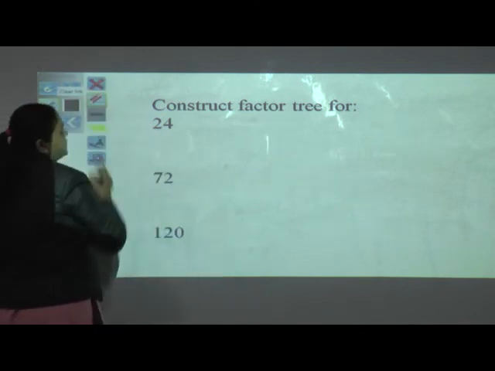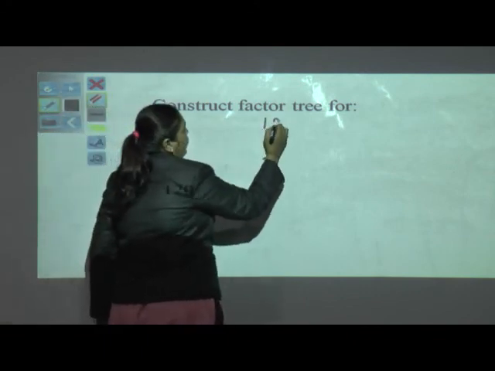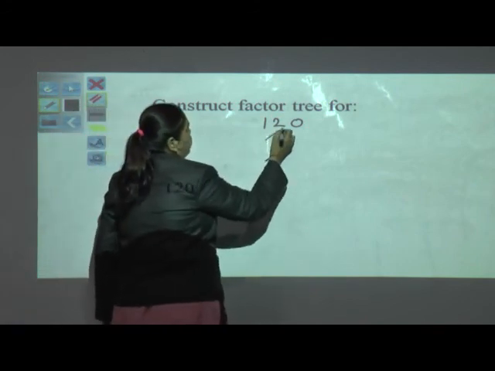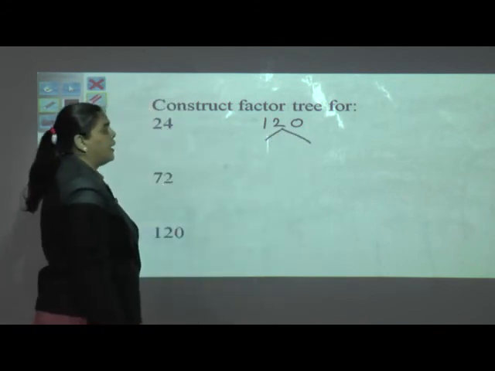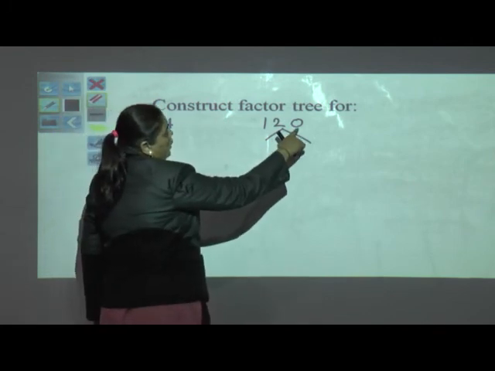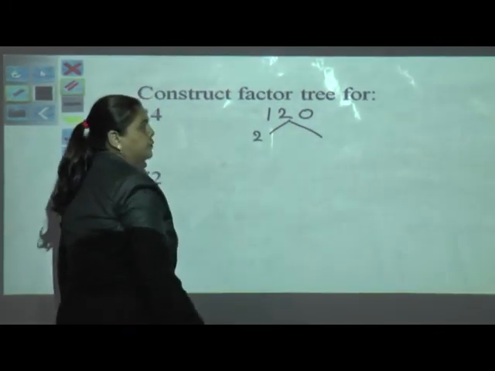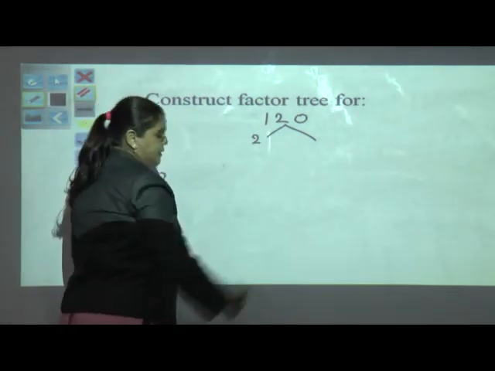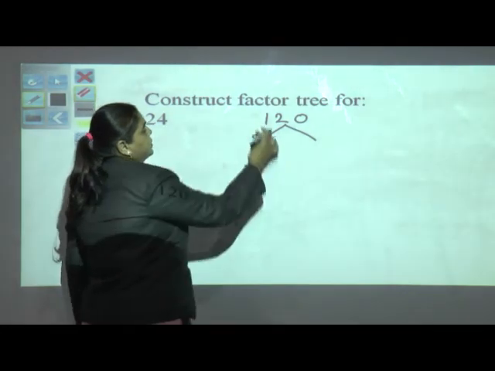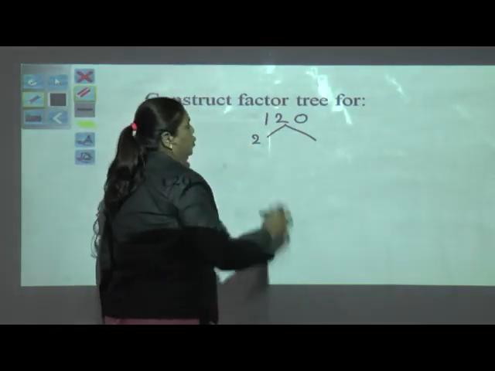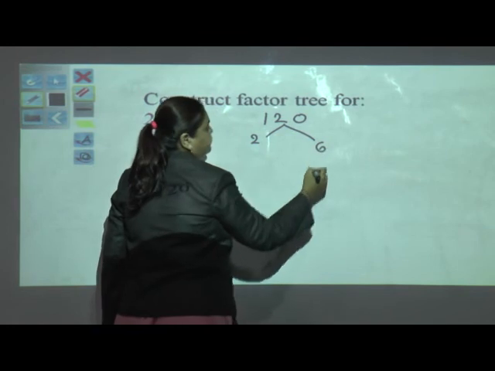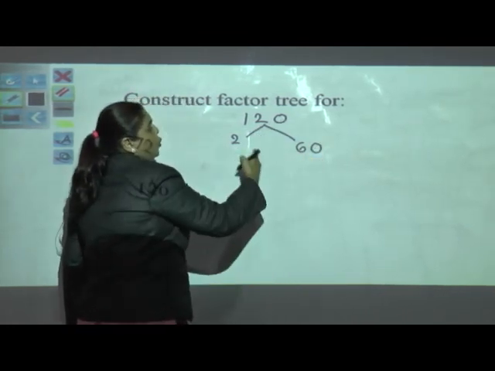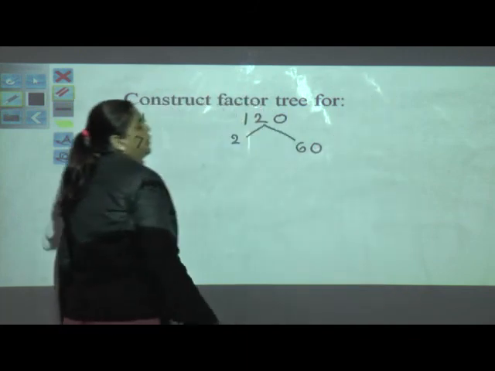This is with a somewhat higher digit than that of 24. We will go for a 3 digit number, that is 120. Again we have to go for the factor tree method, so again we will have a bifurcation. Again we are having an even number here, so we will go for 2. A small trick, smart work you have to do here, because it's very easy. When you recite the 2 table, we get 12. 2 6s are 12 and 2 zeros are 0. You can write it here directly. No need for going the long division.